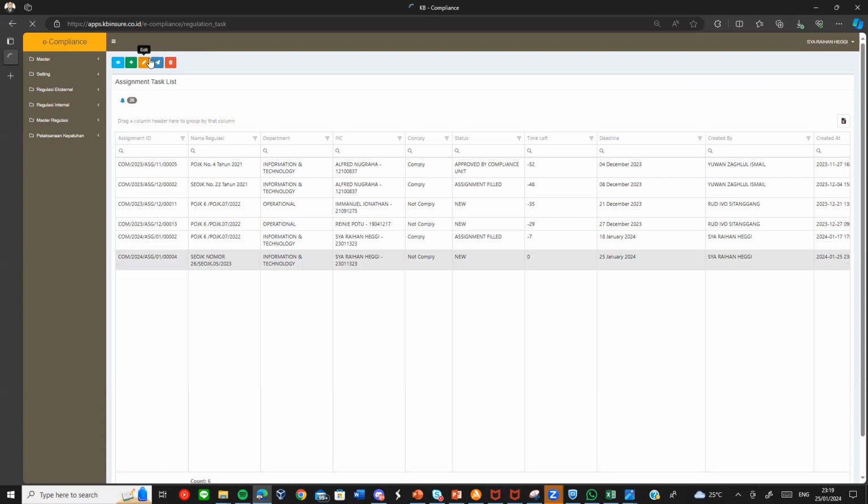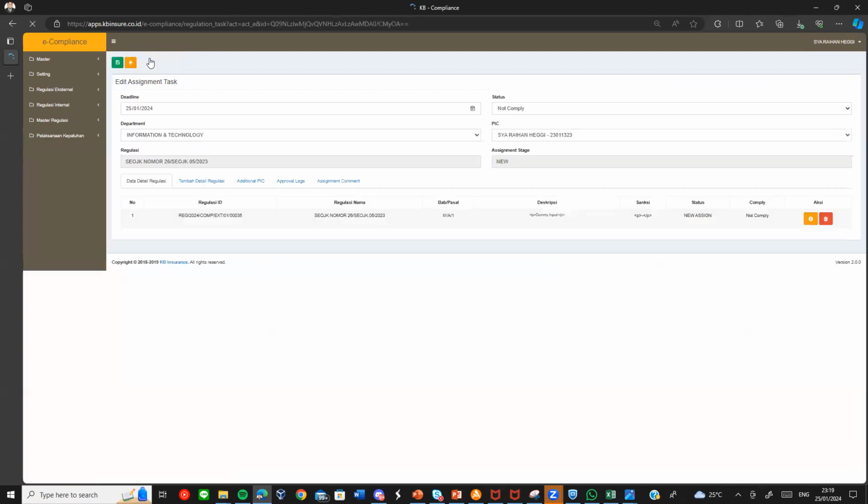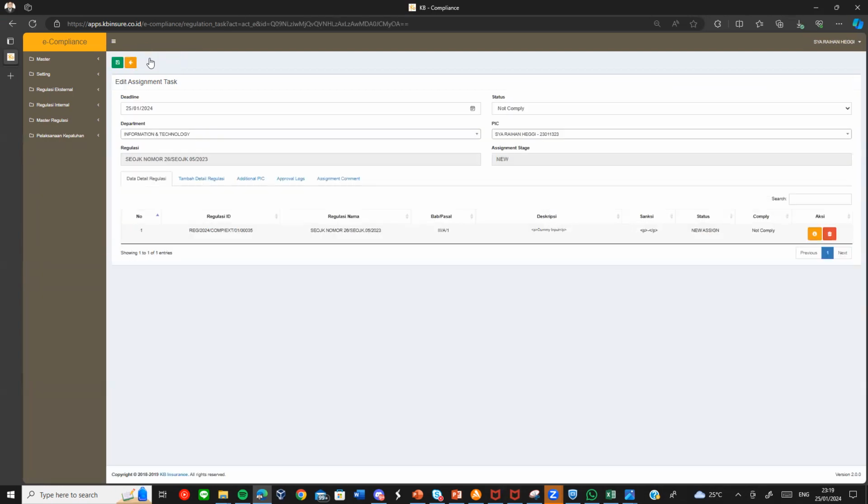And then the next one is, usually the communication between the check-in PIC and the compliance officer will be conducted in the modal of regulation ID. There is the sub detail. We need to access it by the button in this table.